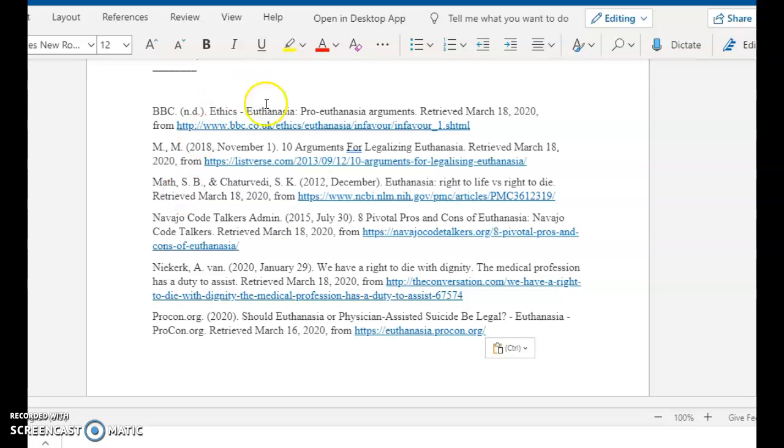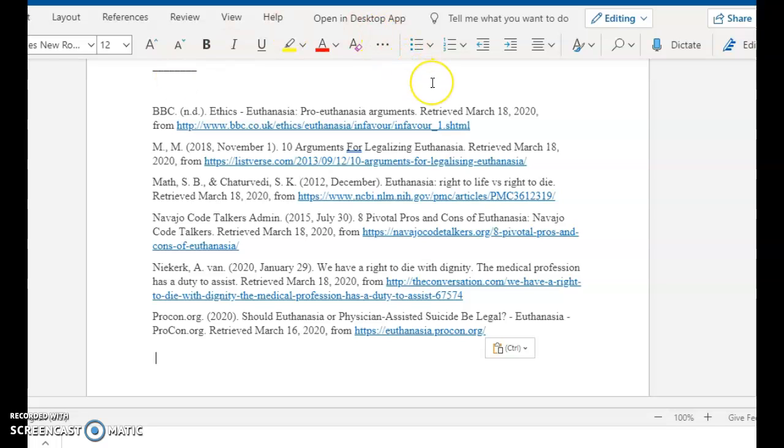I want you guys to notice that my sources are in alphabetical order. If you look at the first word of each source, this starts with a B, this starts with an M, again another M, but that's going in alphabetical order, then N, and again another N, and then P. So if you have any numbers, like if you had 10 reasons why being an American is great, if an article started with that, or a citation started with that, you would list that first. So it goes numbers, then just in alphabetical order.